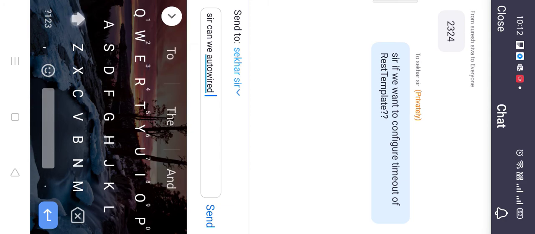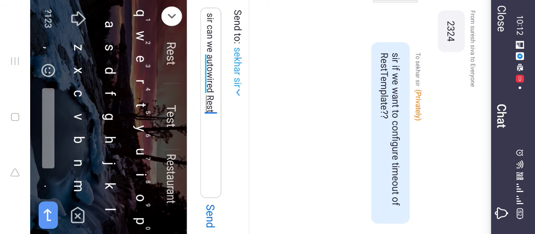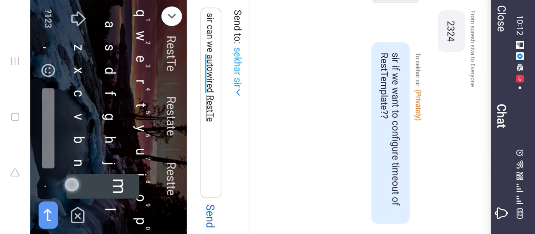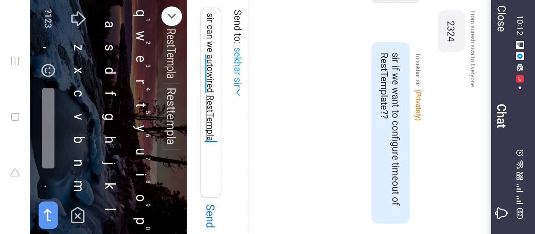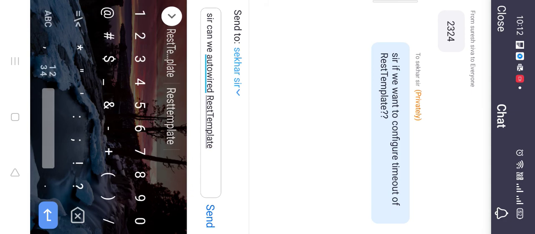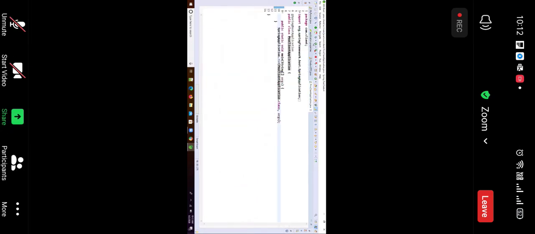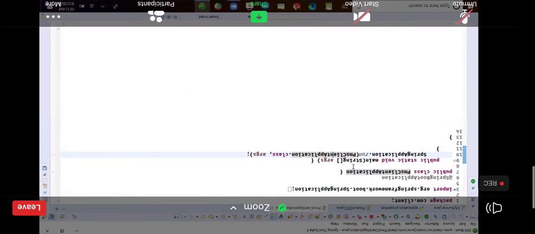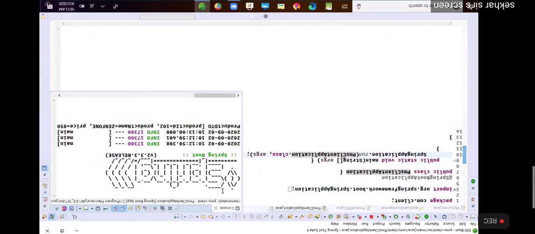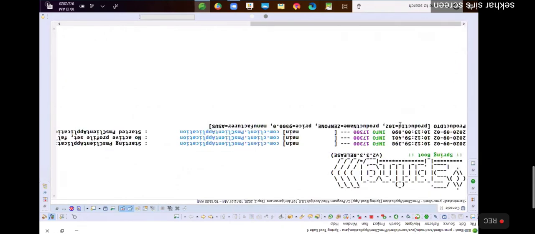And this has one path variable, so we are passing only one value here. If there are two path variables in the URL, then this third argument is going to contain two values. And now we can run this client application. The server is already running, 2324 is the port. Otherwise we will get a connect exception. And now you can see I got the response. Now I got the data of only one product with ID 102.